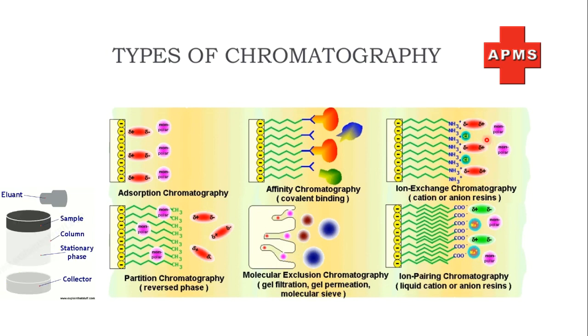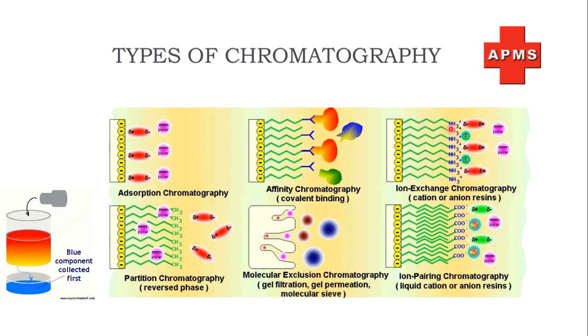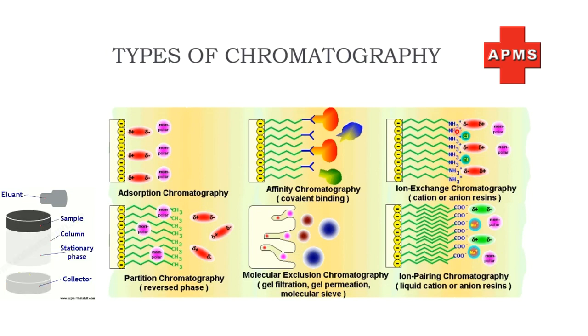What is ion exchange? Suppose, as shown here, this green colored long carbon chain molecule, which could be a polymer or resin, contains an amino functional group, NH2, but in acidic medium it will be present as NH3 plus, like a salt. So this type of resin will work as a cationic resin.